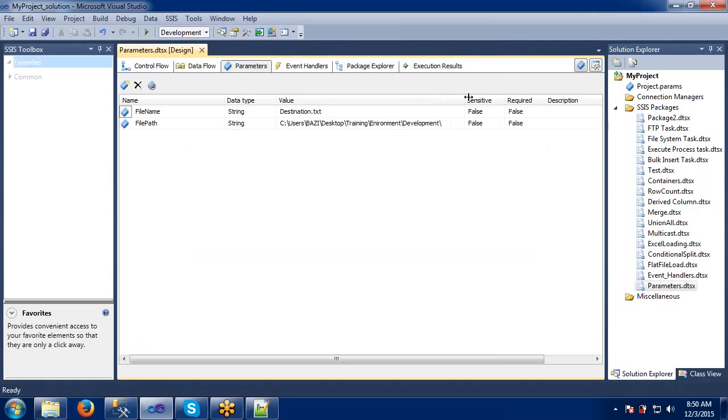So if you see this one right now, what is this? Development environment, right? The file path is showing the development environment. When I shift to production, see this one, the production environment is changed. The file path is automatically pointing to production. When I change it to testing, see, the file path is pointing to testing.